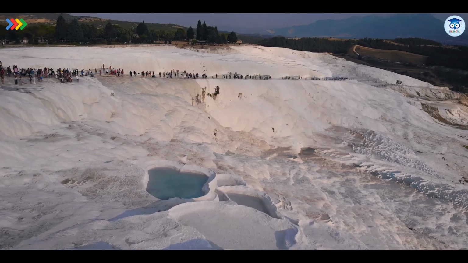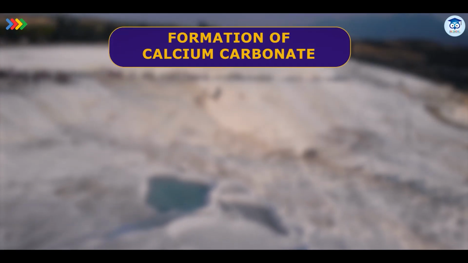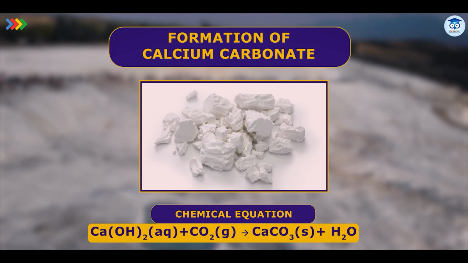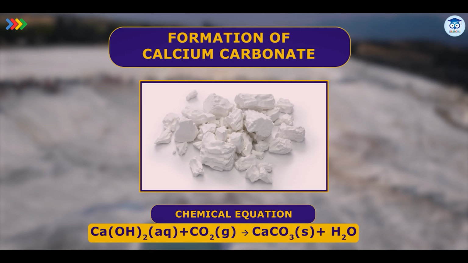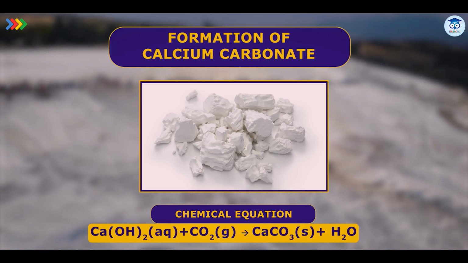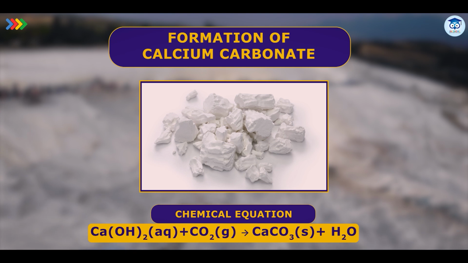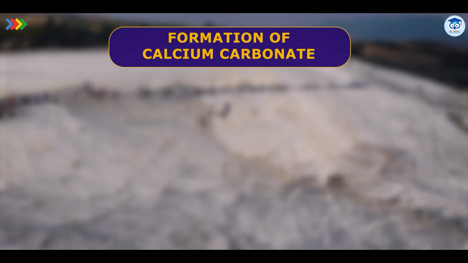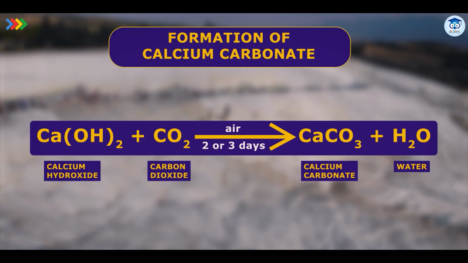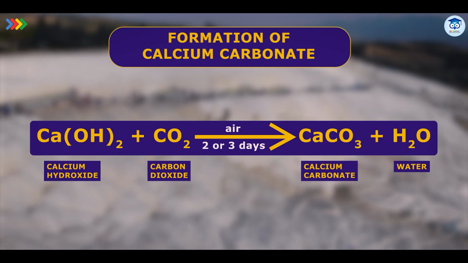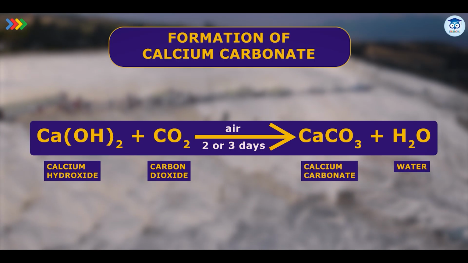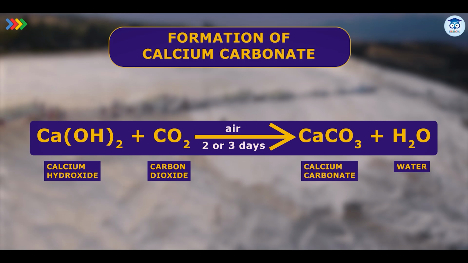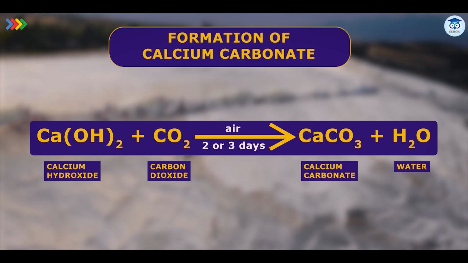Now let's try to understand the formation of calcium carbonate. What is the formula of calcium carbonate? Remember, you have already done cations and anions, polyatomic ions, so you must know the formula of the carbonate ion. Calcium carbonate is CaCO3. Now let's understand how we can form it. For this we require calcium hydroxide. What is the formula of calcium hydroxide? Yes, it is Ca(OH)2. It reacts with carbon dioxide in air, which is CO2. Once they both combine, it forms a thin layer of calcium carbonate, which is CaCO3.